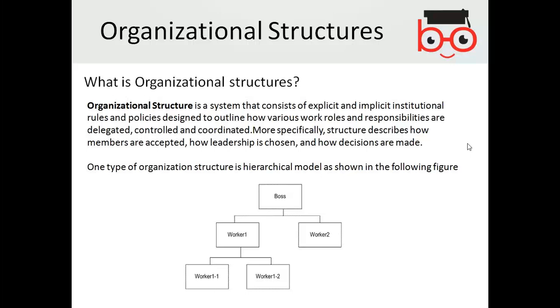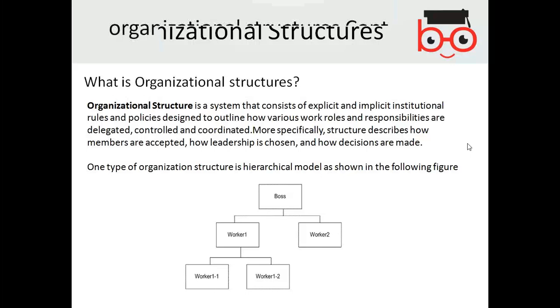So structure in the hierarchy is considered to be in tree form. For example, if the boss is there, then worker 1 and worker 2 are under his or her power, or the subordinates, and then worker 1 may have subordinates like worker 1 subordinate 1 and 2.